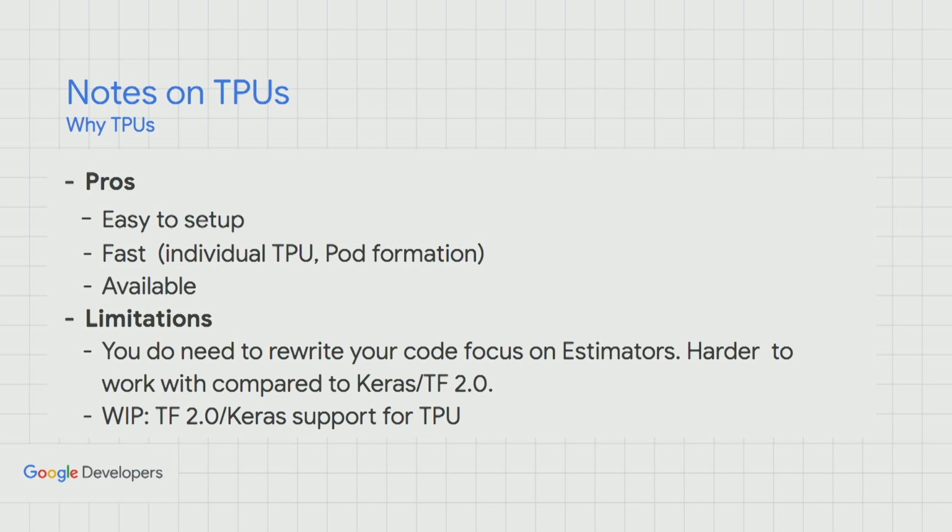And so if you're here in the room and you would like some guidance on how you can go about running training jobs on TPUs, I'm happy to discuss with you a little bit more on that. And it turns out that they're really fast, and so you could use them as individual TPUs, or you could use them in a pod formation where you could use 8 or 16 TPUs. The main limitation here is that you need to rewrite your code such that it takes advantage of the TPU